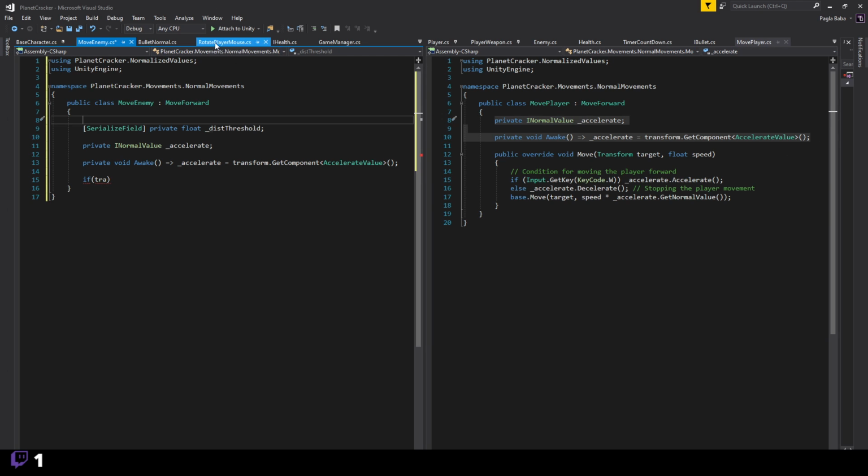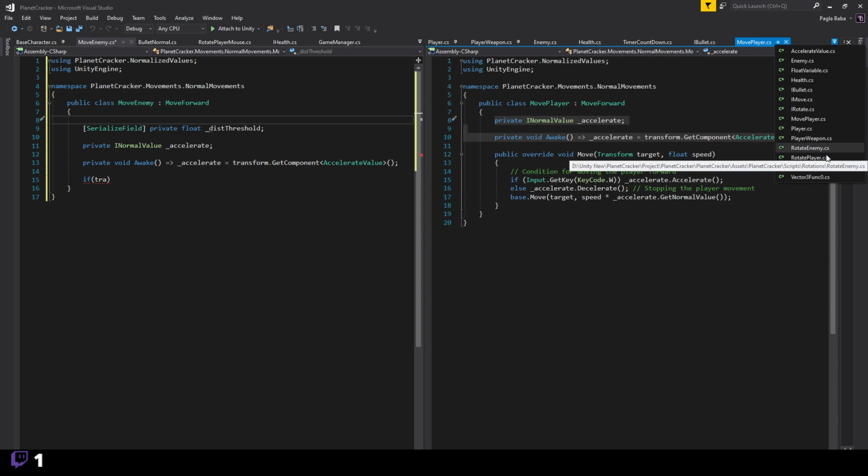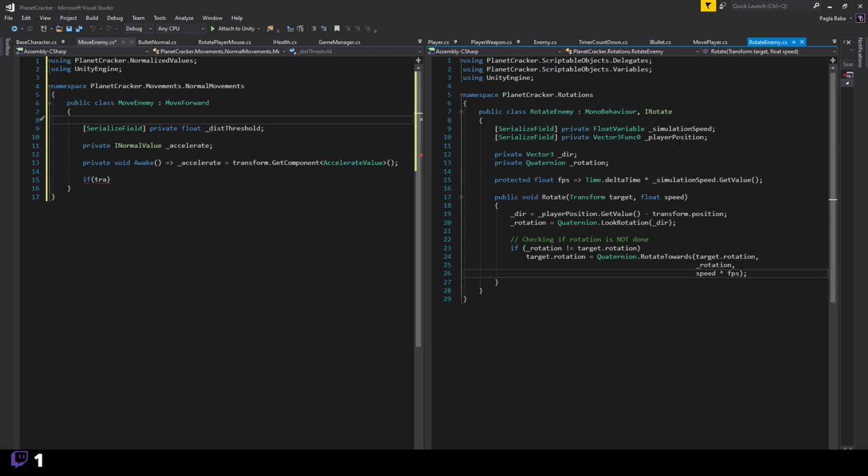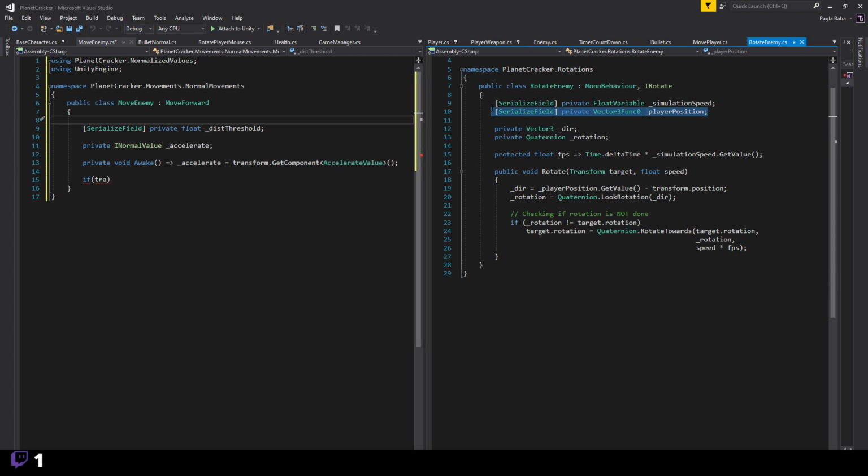I will need the player location. Yeah, location exactly. Rotate enemy, so I will need this. Right. So now if I say if vector 3 dot